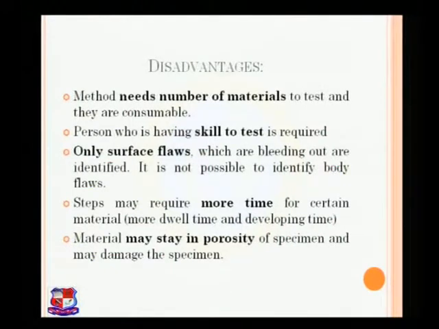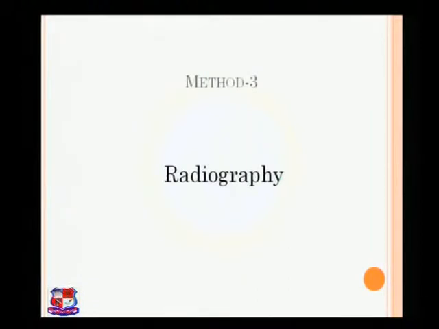Then, as we already identified the pair of penetrant and the solvent of that penetrant, but also after completing all 6 steps, if the cleaning of the material or the specimen is done improperly, then there may be a small problem. If porosity is there in a specimen, then penetrant may stay within the specimen, and in that case it may create a change in a physical or chemical property. So these are the methods.